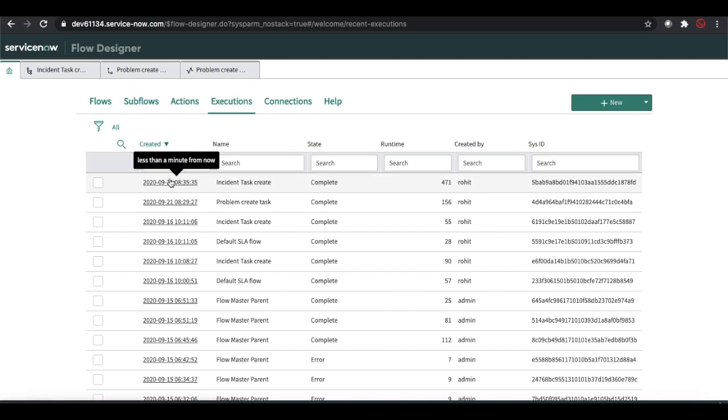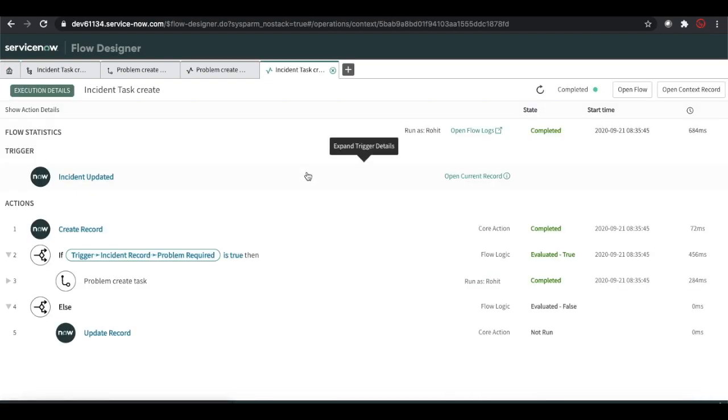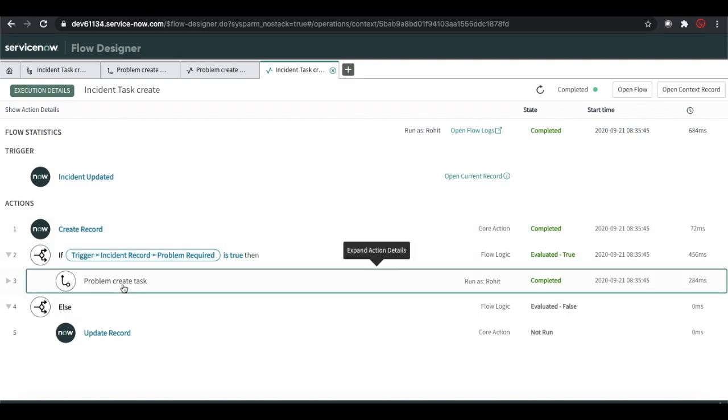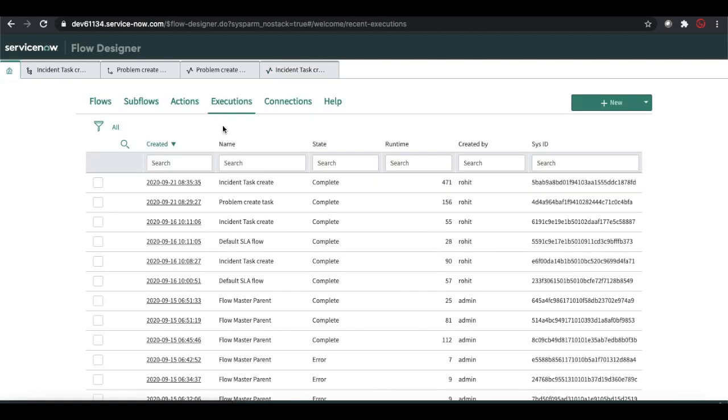First you can see that it opened the Flow Designer, and here it creates one incident task and it's satisfied, and it calls another subflow called problem created task, and this subflow returns the success. And now we can see what this subflow returns, that also you can see.